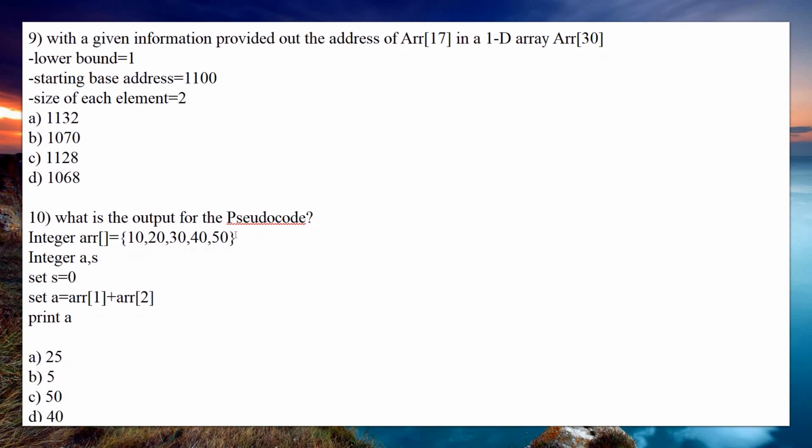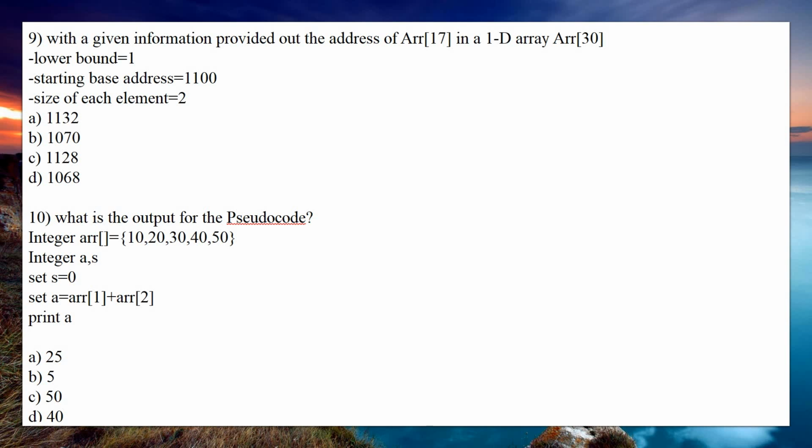With the given information, find out the address of ARR of 17 in a one-dimensional array ARR of 30. Here the lower bound is 1, the starting base address is 1100, and the size of each element is given as 2. So they have given the lower bound, the size of each element, and the starting base address.